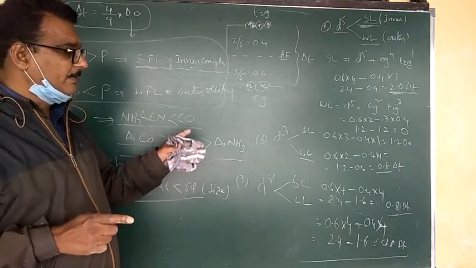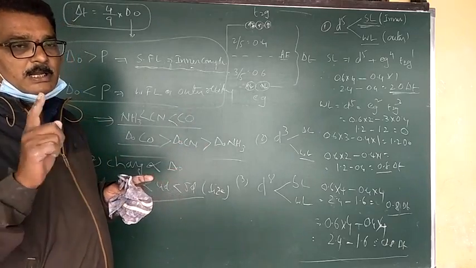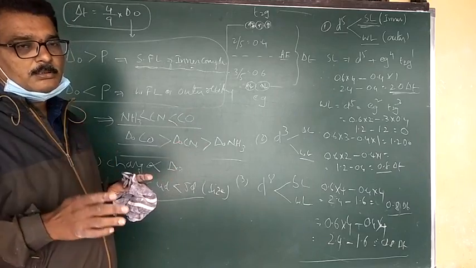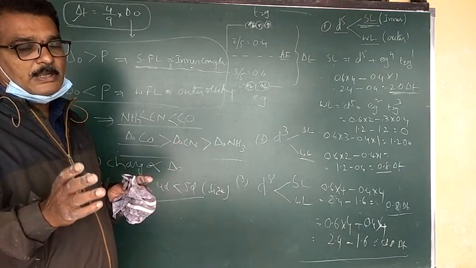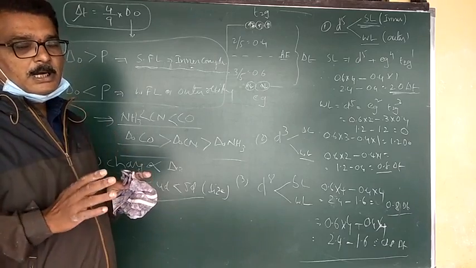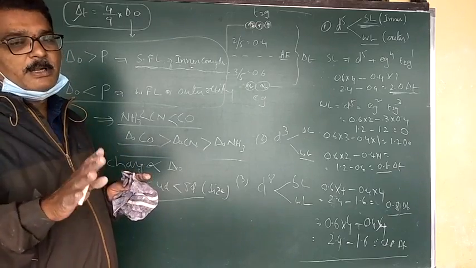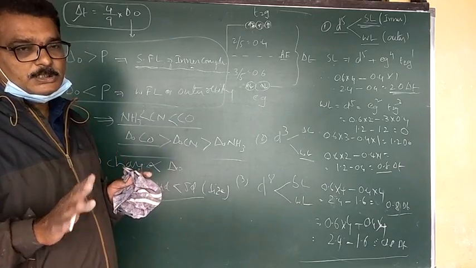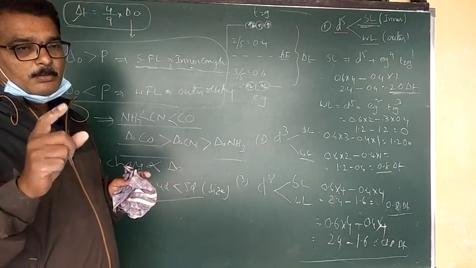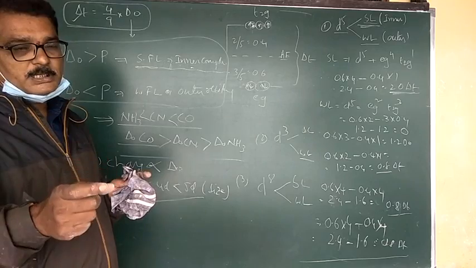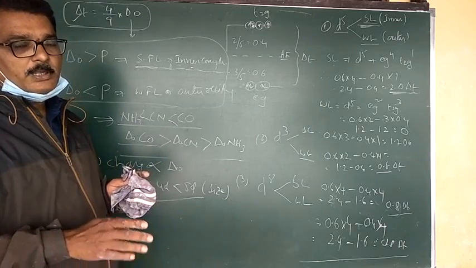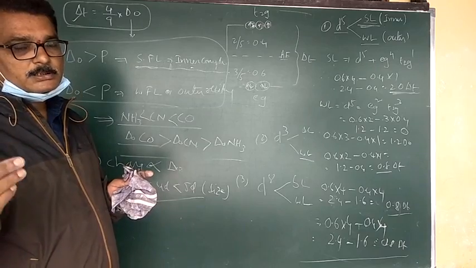Crystal field splitting energy means calculation is there. Valence bond theory means hybridization, shape, inner, outer, strong field, high spin, low spin, para, dia, and how to calculate the magnetic moment. These two theories are very important. Open the textbook, see the spectrochemical series, practice two or three times: water before is weak field, water after that is strong field.